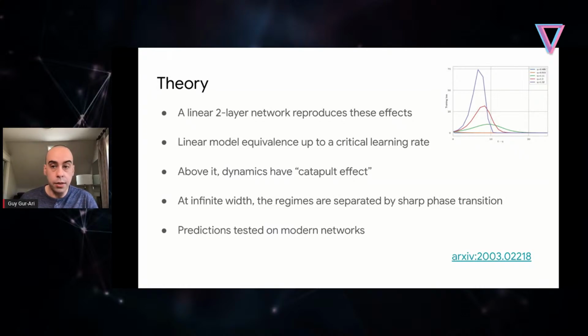So in the next part of the talk, I'll describe the theoretical model. It's an incredibly simple model. It's going to be just a two-layer network. It's going to be a linear two-layer network, so there are not going to be any nonlinearities. But we'll see that this model is rich enough to exhibit all these different phases and to explain all these effects that we're seeing in a very simple setting. The one thing we'll do to this model is we'll make it very wide, because that is where we see the interesting stuff happening.